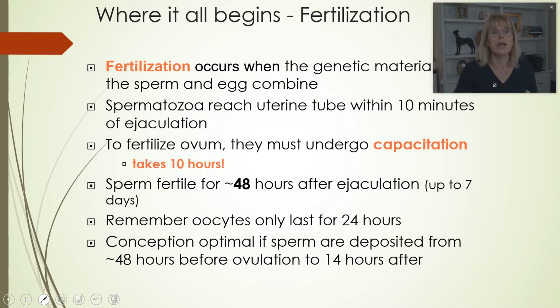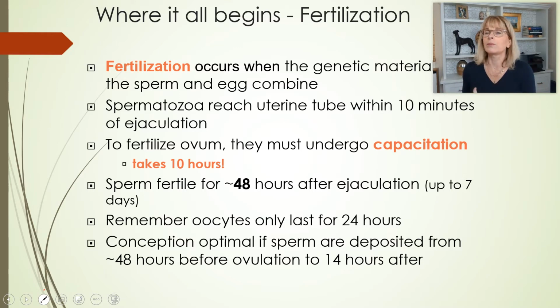Now, in movies and stuff, they always show all of the sperm racing to be the first one that gets to the egg, and that the first one that gets there wins, but that's not true. As a matter of fact, the first one that gets to the egg almost never is the sperm that fertilizes the egg. And that's because of this issue,